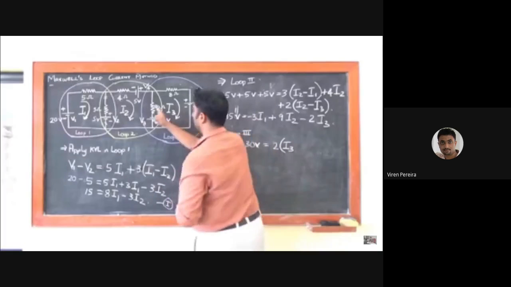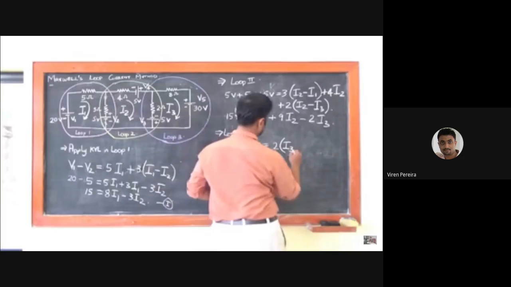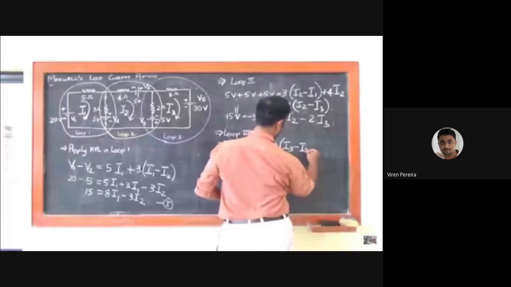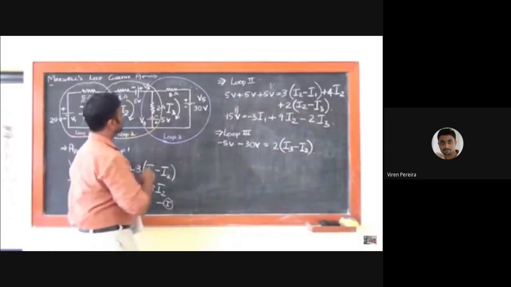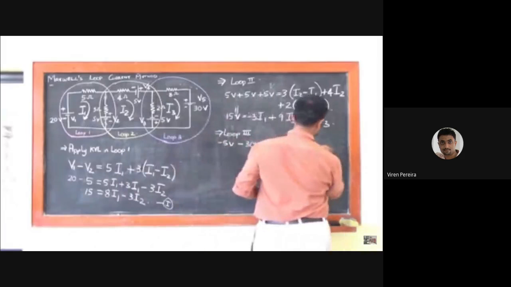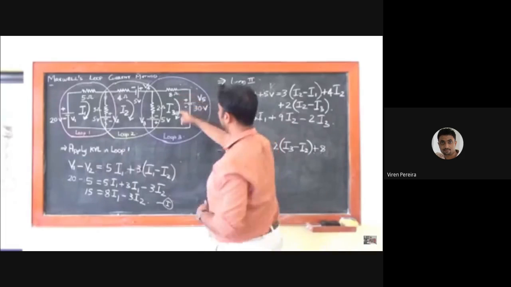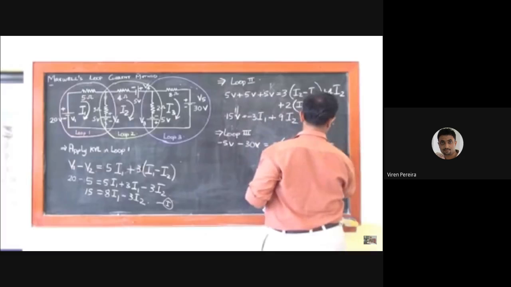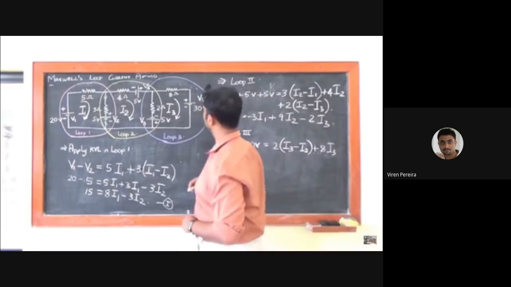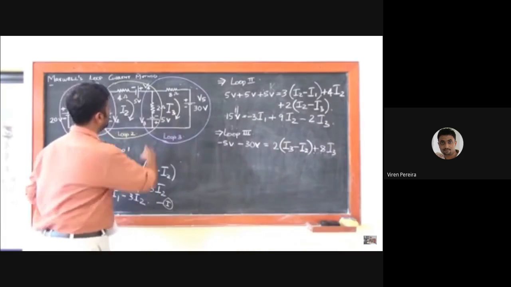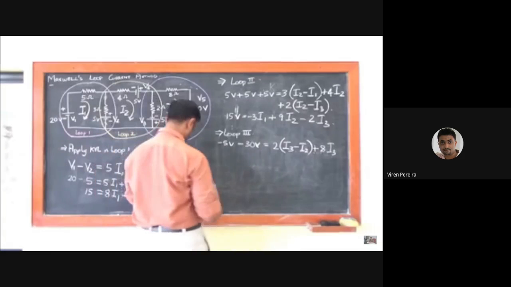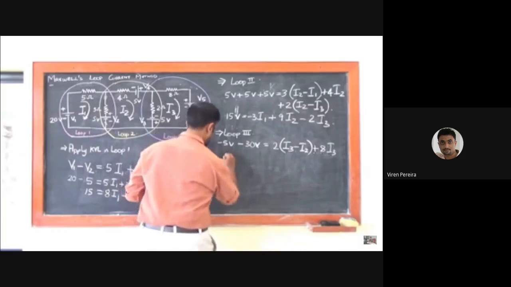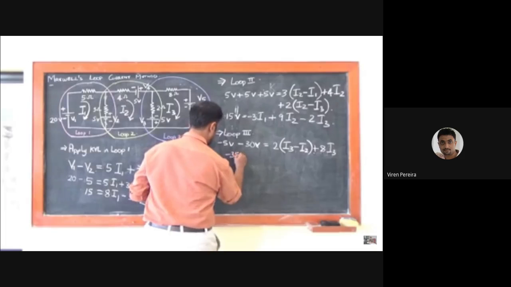So I3 minus I2, I3 minus I2 plus 8 I3 and no other resistance. So now I expand and I get it as minus 35